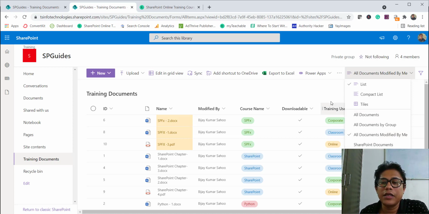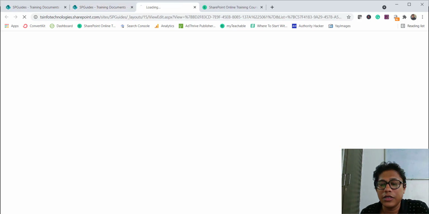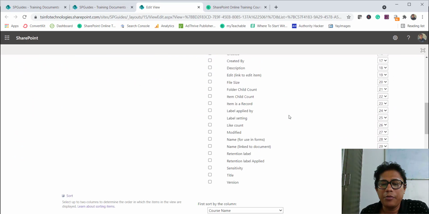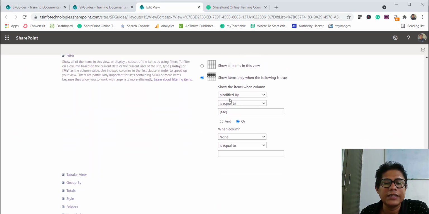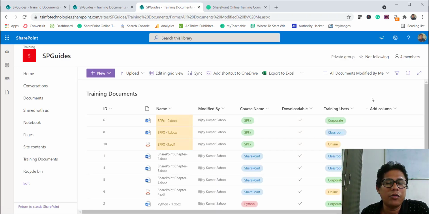So this is how you can create a view. So behind the scenes, if you are a classic SharePoint developer, if I click on this Edit view, then you can come here, go to the filter option. You can see there is an option which is saying Modified By equal to Me. So today we can use this kind of phrases on the view. In the classic way, we usually come to the filter section and modify like this, but you can see now in the modern way, we have the option where we can do it from here. So that's how we can do it on this.